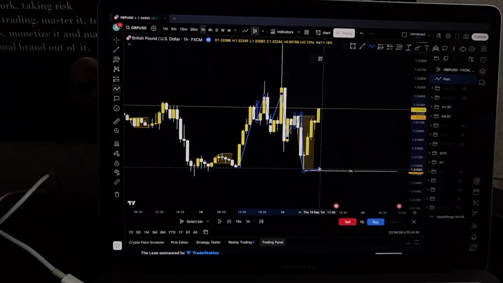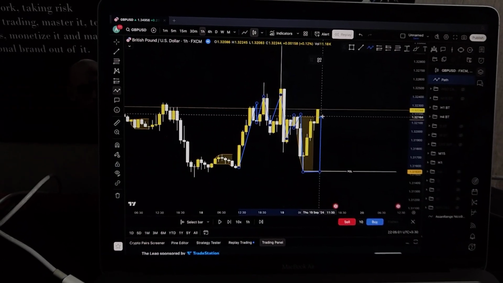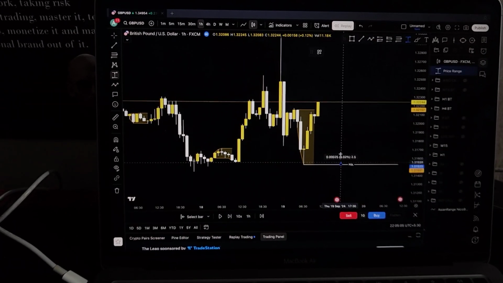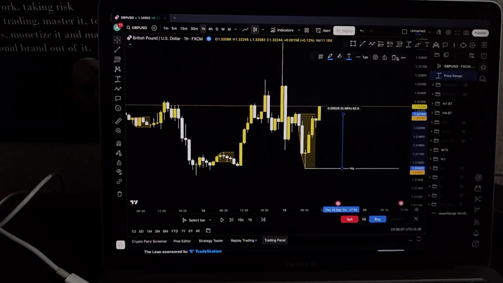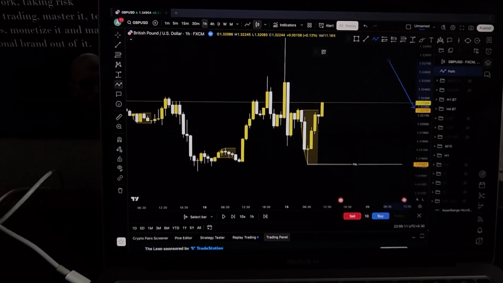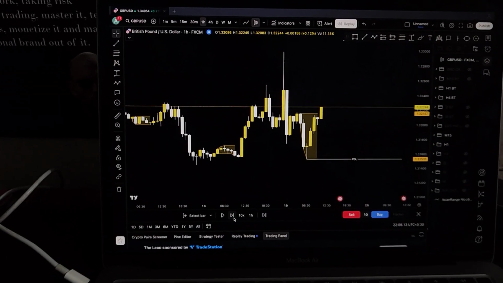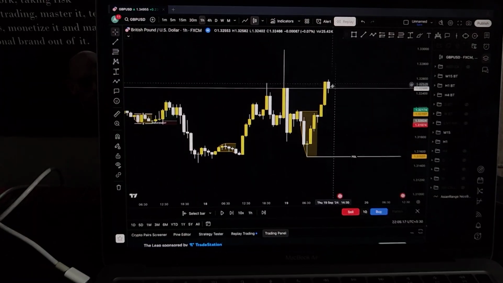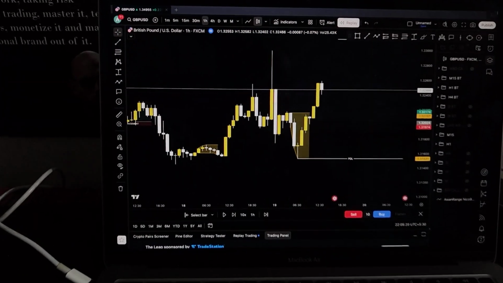As you can see, the Asian range was very big on Thursday. I don't know the reason why it is, but according to the market condition, this Asian range was very big, tend to be 62 pips. Nowadays Trump market, it's normal, but whenever Biden was the president, it was very, very rare. So obviously my bias was bearish, so I was looking for sales maybe from some sort of area.